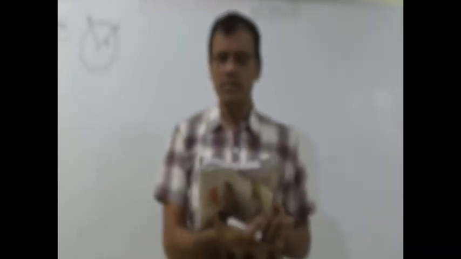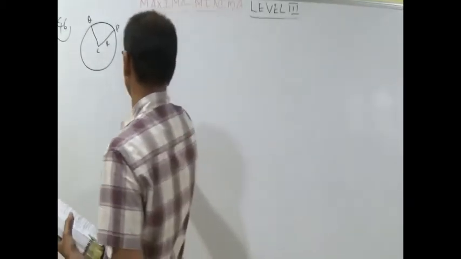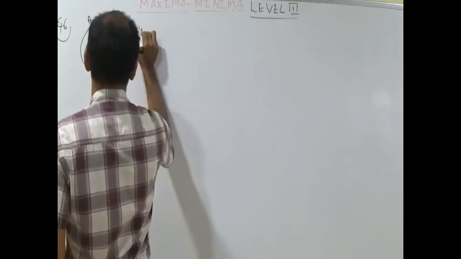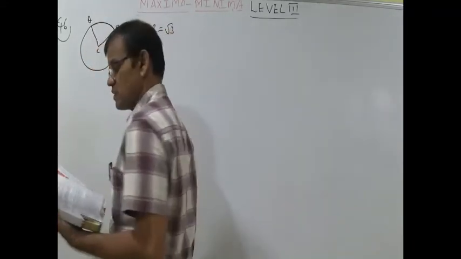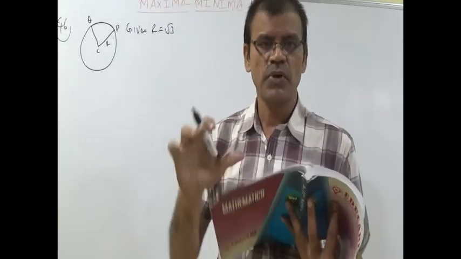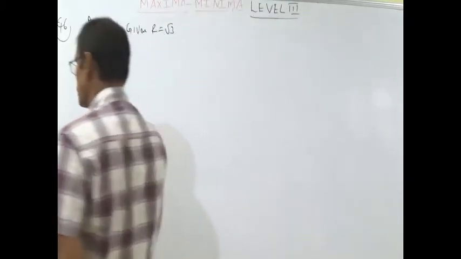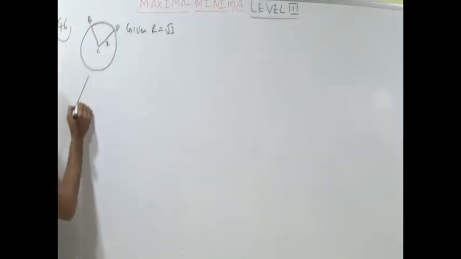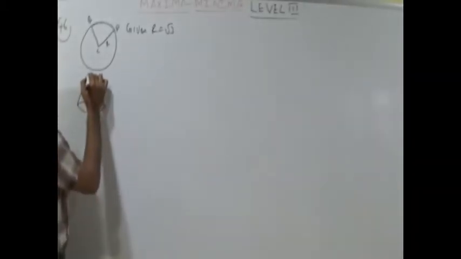A cone is made from a circular sheet of radius, given capital R equals √3. Capital R I take as the radius of the circle. Cutting a sector and joining the cut edges of the remaining pieces together, the maximum volume attainable for the cone. Let us draw the cone here, same as the sector. But the cone has a base radius also.